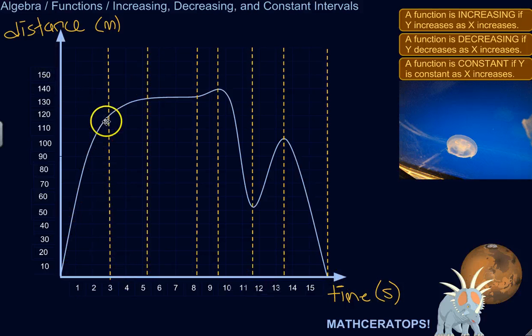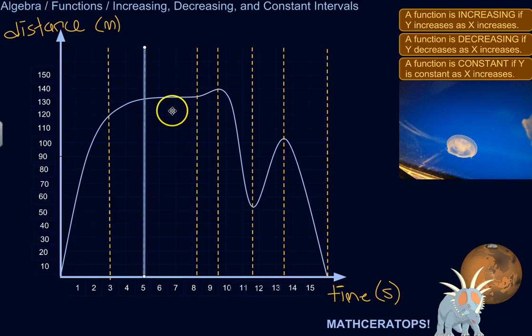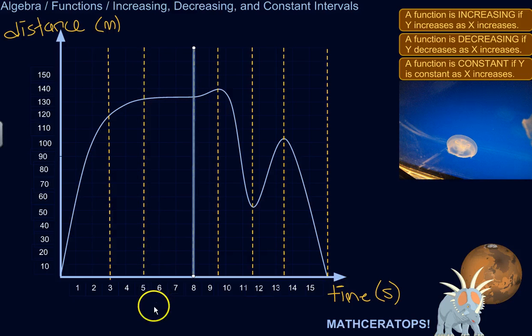So it's increasing. And then over this interval from about 3 seconds to about 5 and a quarter seconds, let's say, maybe I'll just make it an even 5. Why not? So from the interval from 3 to 5 seconds, it's still increasing. The function is still increasing. I'm still getting larger and larger y values as my x values get bigger, but it's increasing at a slower rate,